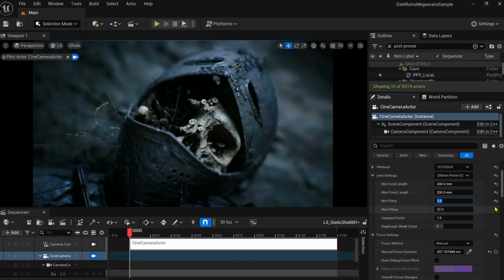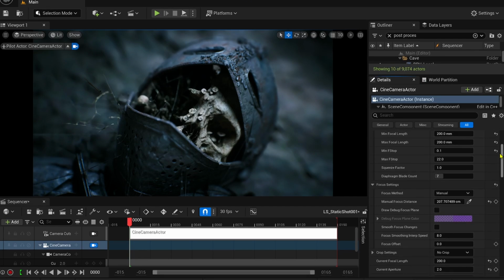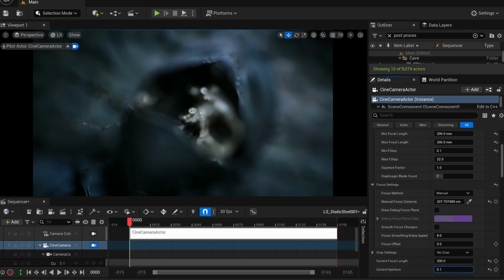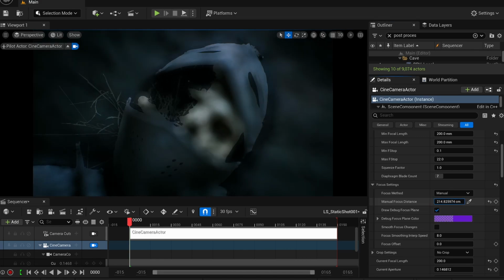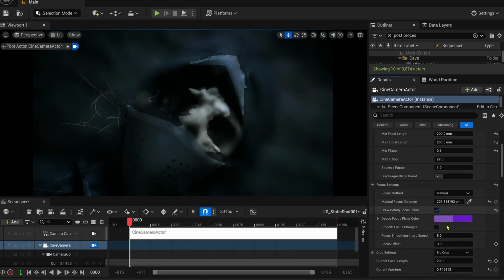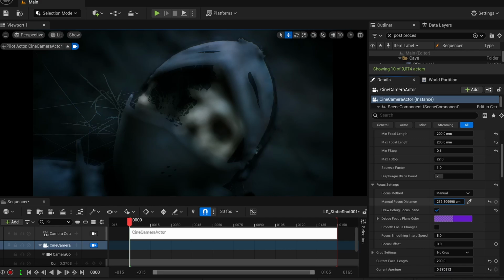If you play with these values, you can adjust them to fine-tune the effect. For instance, I often set the minimum value very low, like 0.1, to exaggerate the intensity of the bokeh. This lets me precisely place my focus points before refining it for the final setup. You can either pick an actor in your scene, or manually set a custom distance, using the Draw Debug Plane tool to better visualize where your focus is located. However, be cautious when setting the aperture too low. While it can give you dramatic effects, it might introduce artifacts in your final render. So keep this in mind while tweaking your settings here.